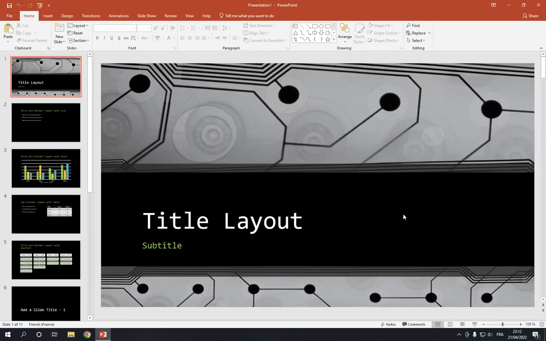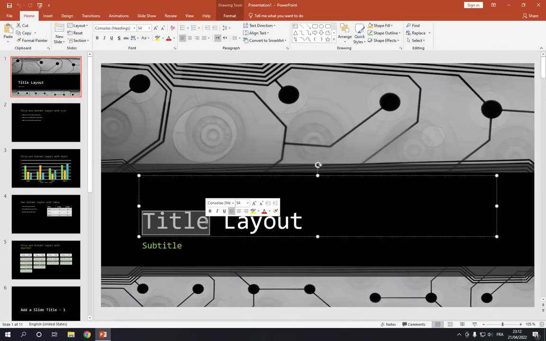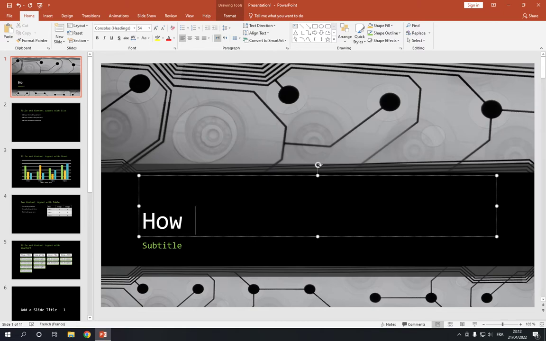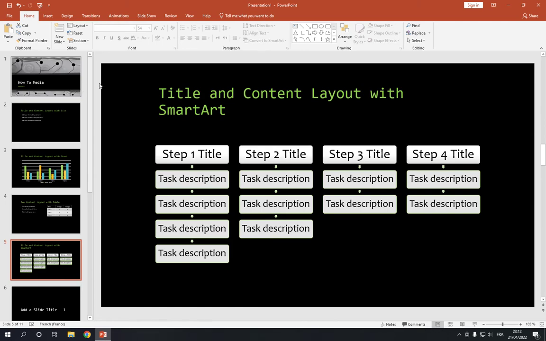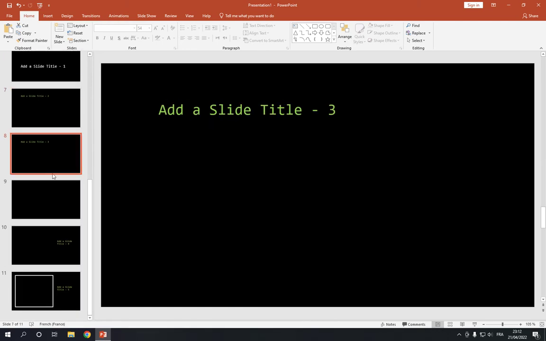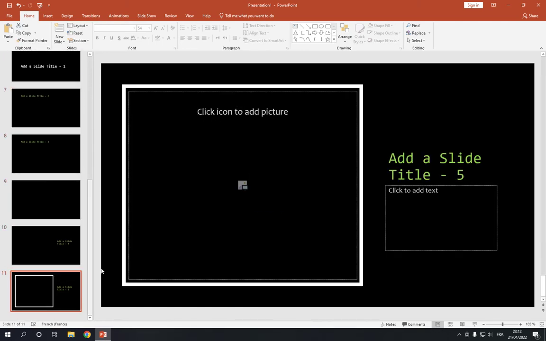Now after you click create, you will be able to change everything from the title, as you can see, to media, and you can change everything on those pages too. It's very easy to edit, and don't forget to like